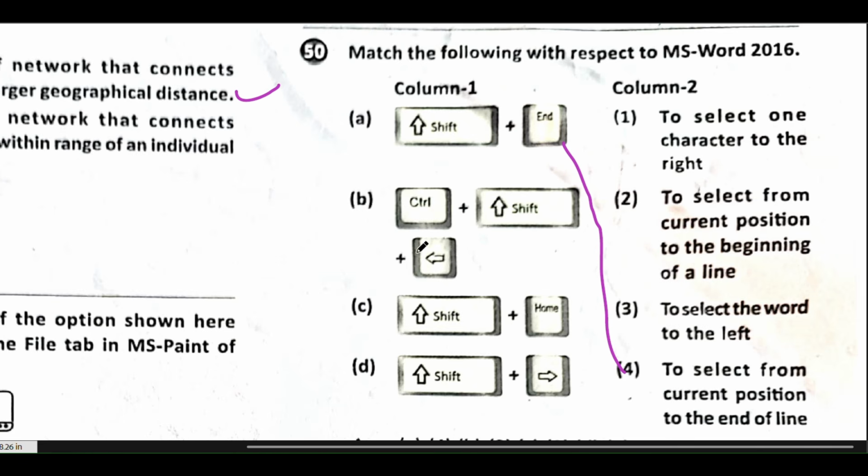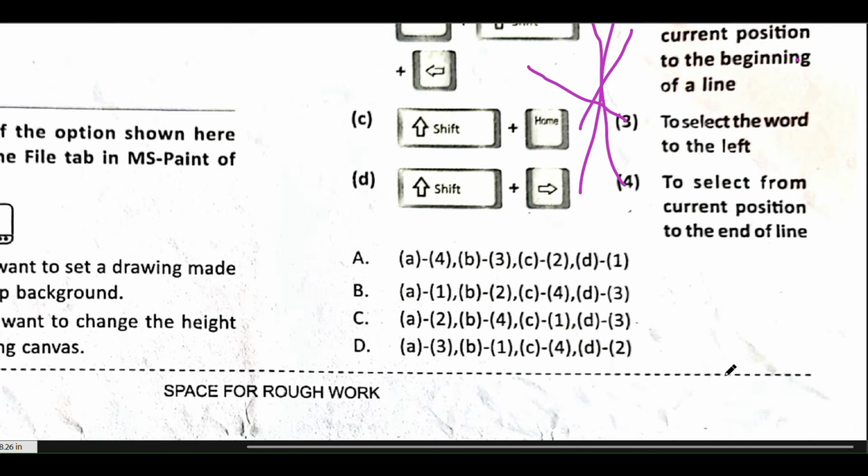B. Control plus Shift plus Left arrow, to select the word to the left. So option B is to 3. Option C. Shift plus Home, to select from current position to the beginning of a line. So C is to 2. D. Shift plus Right, to select one character to the right. So D is 1. So 4, 3, 2 and 1. So A is the correct order. So option A is the correct answer.